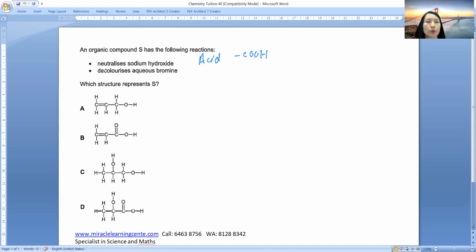Okay, and you want one that decolorized bromine. So what type of compounds will decolorize bromine? Yes, it's an alkene. So it's either a double bond or a triple bond. It will actually decolorize bromine. So you will need an acid functional group as well as a double bond for this compound. So this is your acid functional group and you have a double bond. Hence the answer is